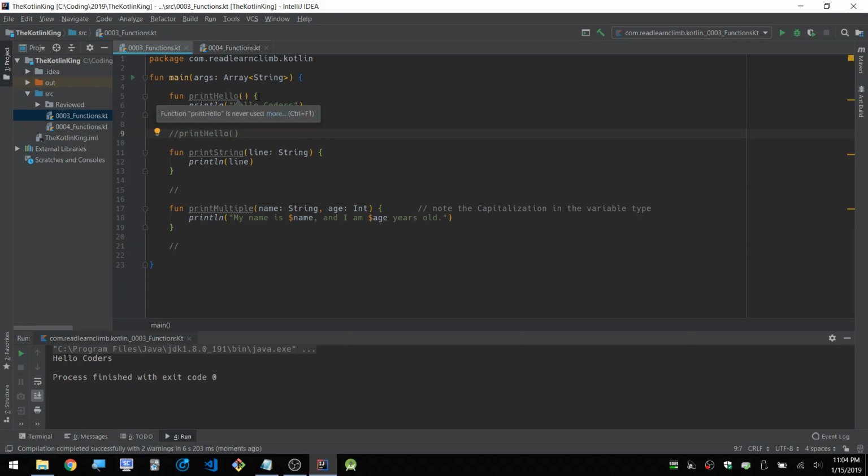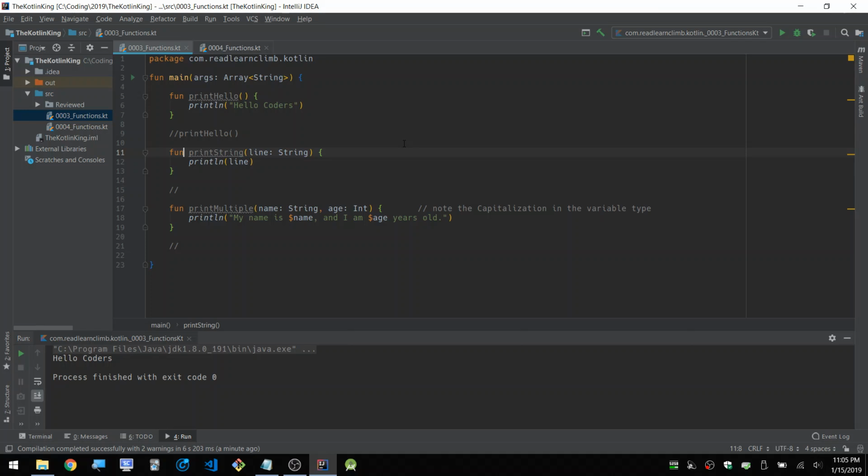Important thing again is the curly braces. Maybe it'll be very easy for you, but always associate declaring functions or making functions with using the curly braces. Here is now another function. Again, you declare one using the letters fun, and this one is called print string. Now, this one, unlike the one above,